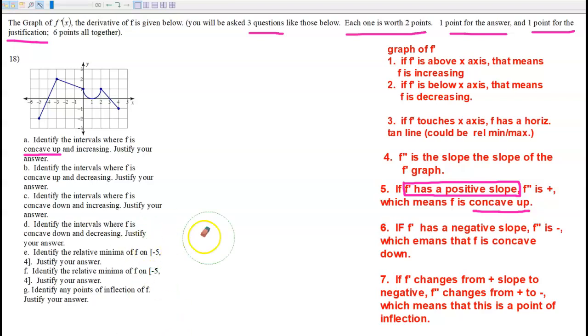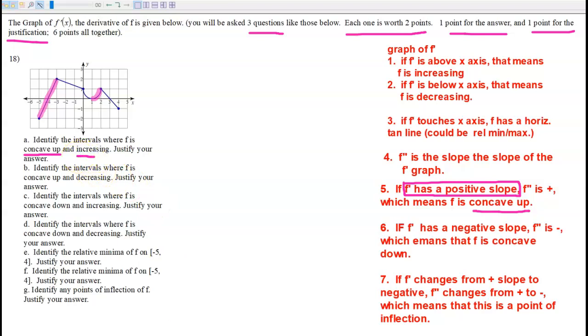Let's look for that first, and then we'll get to the next part. So let's look for where f is concave up. We're looking anywhere where f prime has a positive slope. Like from here to here, that's a positive slope, and also from here to here. So on those two intervals, f would be concave up because f prime has a positive slope, which means that f double prime is positive, which means that f is concave up. Okay. Next,